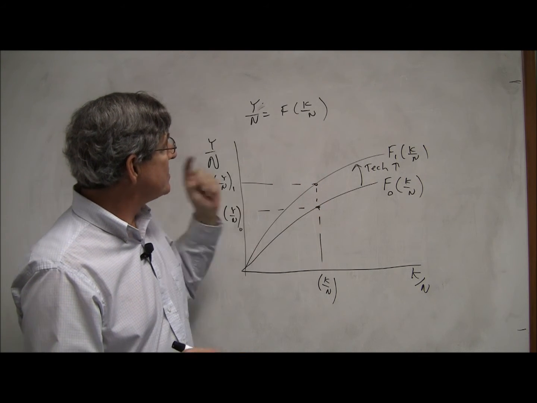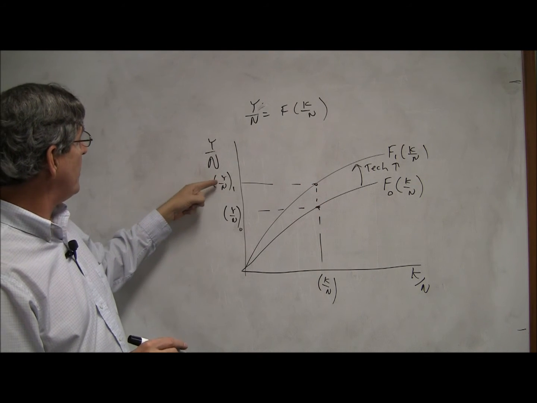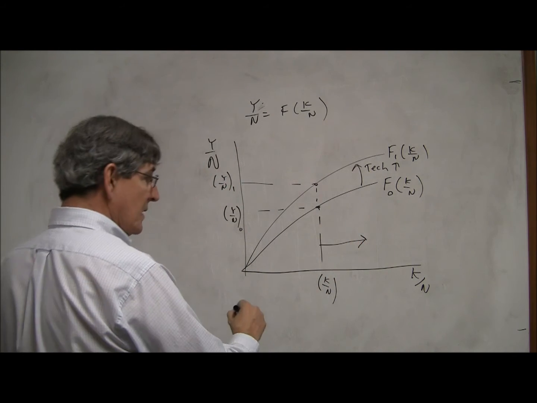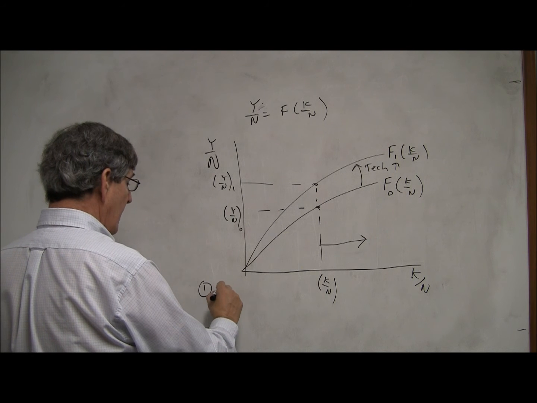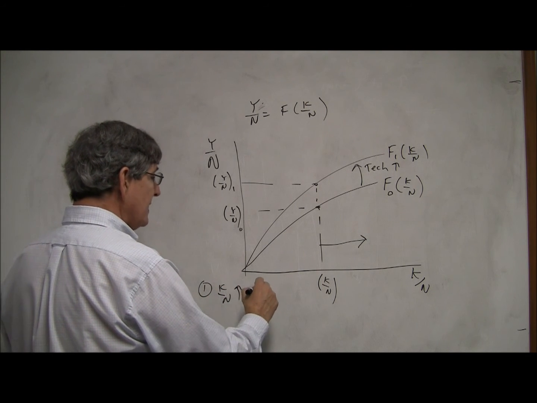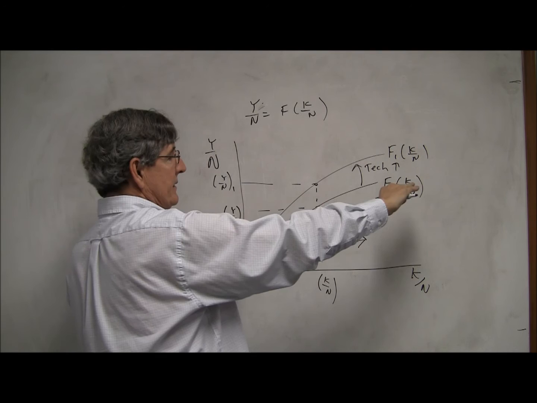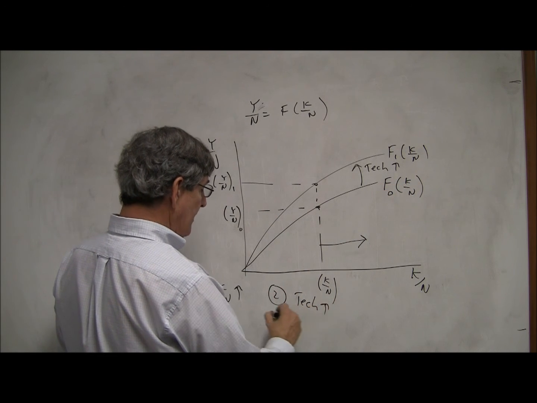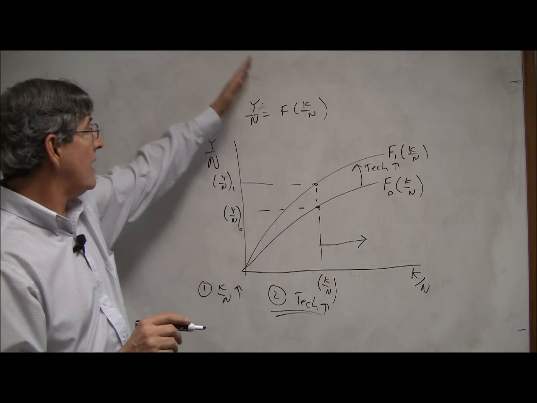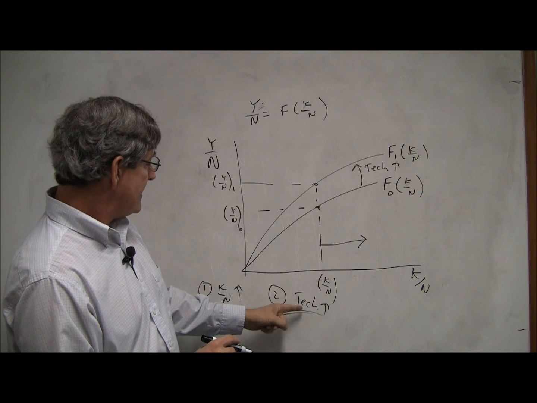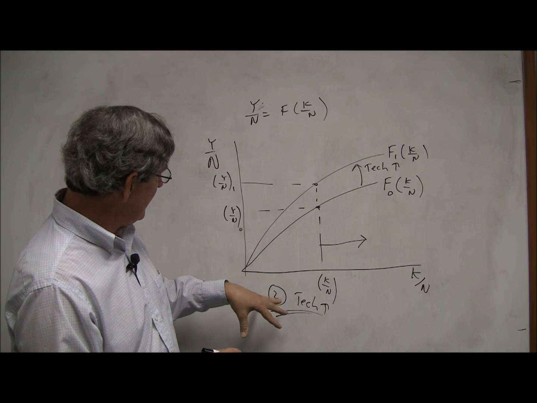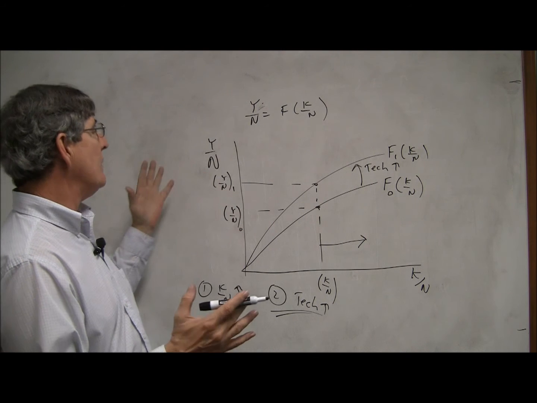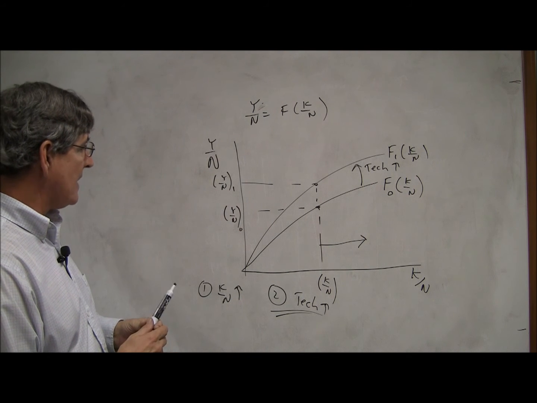And so there's two sources of growth in output per person. One is for K over N to go up. But that's limited because eventually you hit decreasing returns to scale. The second way is for technology to go up, and that can go on forever. And so technology is really the key to economic growth. That's what we're trying to show here. And we'll come back to those ideas in the next couple of chapters.